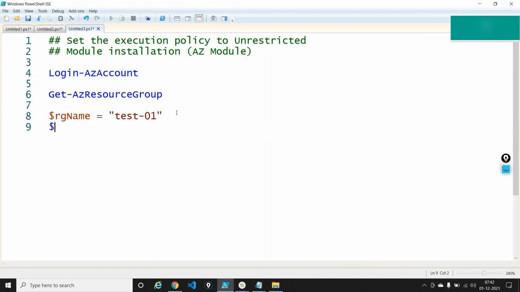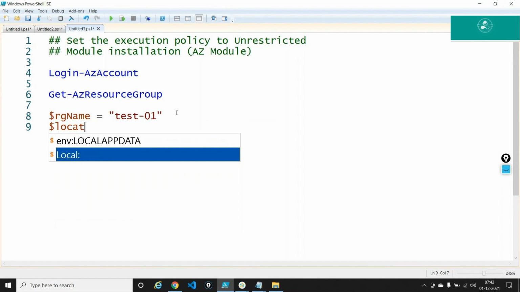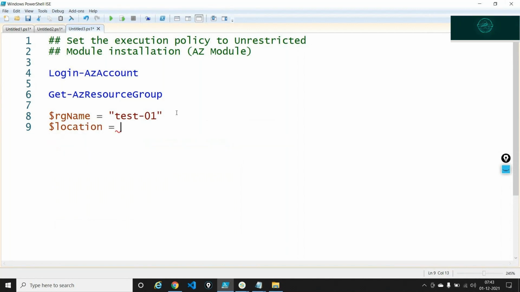I'll say $location is equal to East US2. I'm just giving 2 parameters out here, and the command to create something in PowerShell is new hyphen. If you want to modify something, it is set hyphen. If you want to get something, it is get hyphen. If you want to create something, it is new hyphen. So I'll say new-AzResourceGroup